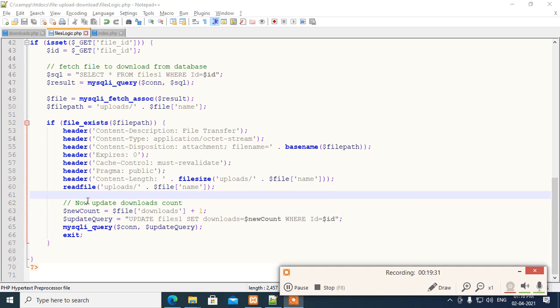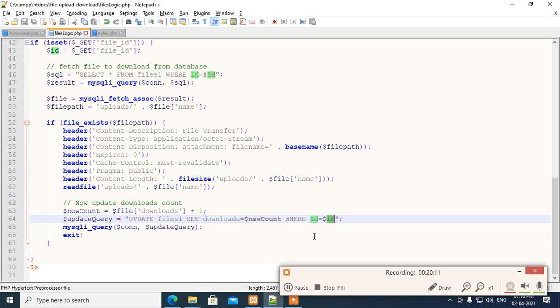Now you can see how the count happens, meaning how many times we downloaded a particular file. Here you can see that I take the file variable and give it the name downloads, increment it, and store it into newcount, and fire the update query: update files set downloads equal to newcount, meaning how many times I downloaded it is mentioned in the newcount variable, where id is equal to id.